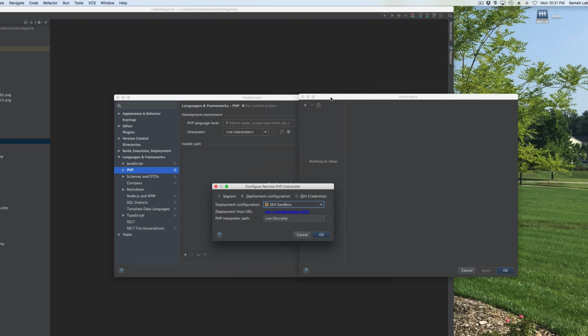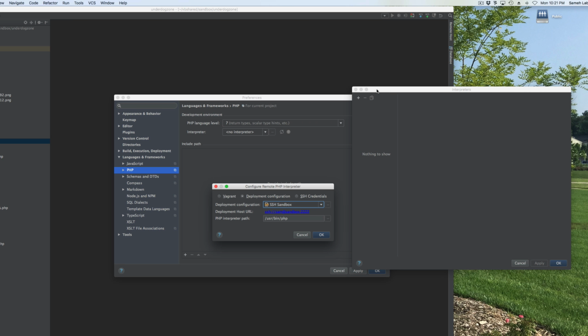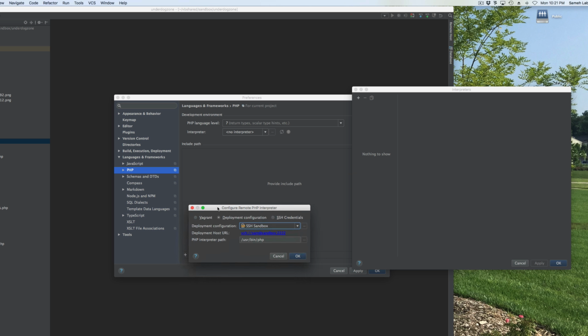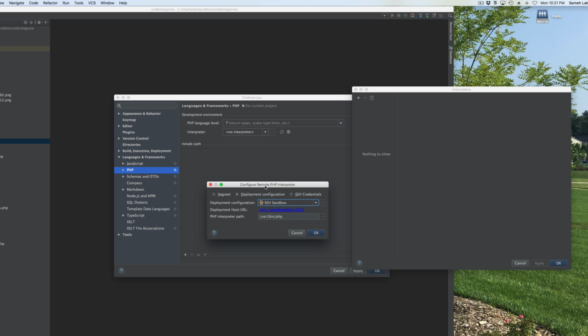Then for interpreter, you press the 3 dots on the right over here, and you end up getting this window here. On this window, when you press the plus sign, you get this window over here, which allows you to configure the remote PHP interpreter. And I told it to use my deployment configuration. That way I don't have to enter all the SSH information again. And then deployment configuration, SSH sandbox,